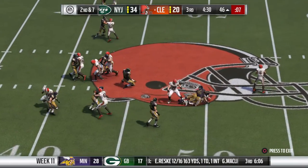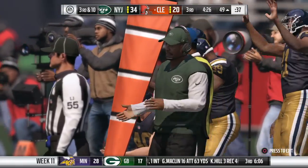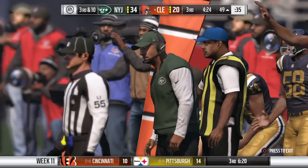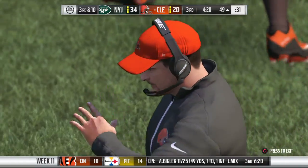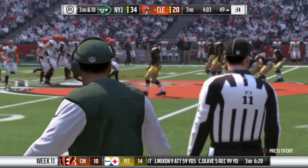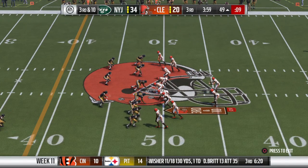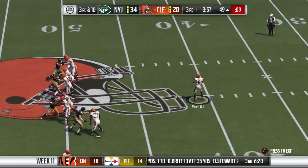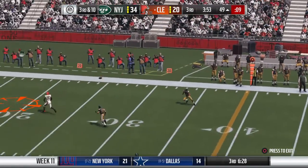They'll give it to him right up the gut. And he is going to lose yardage here. So he loses 3 yards there. Now third down. We just saw another example of how the defense is winning this game. Really at the point of attack, the offensive line is just getting pushed around. I think now as a play caller, you've got to give them a little bit of help. Maybe you keep your tight ends in a little bit more. Maybe the running backs help you a little bit with the pass blocking. But you've got to help them get some confidence because you can't abandon the...